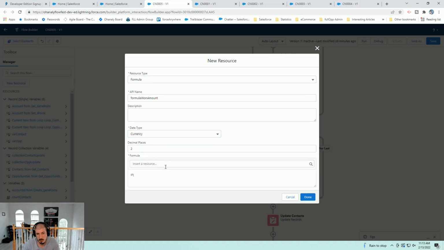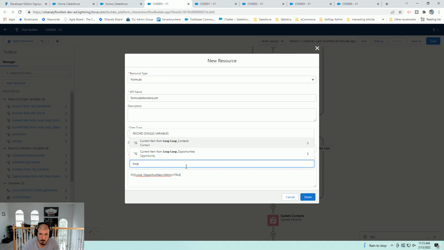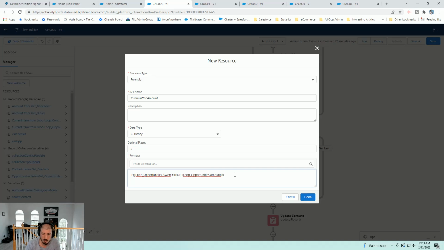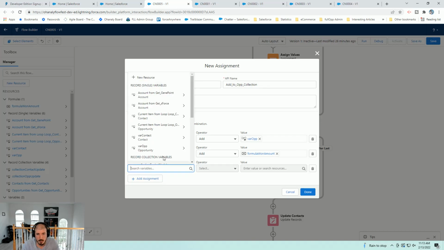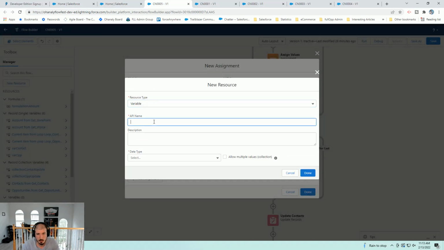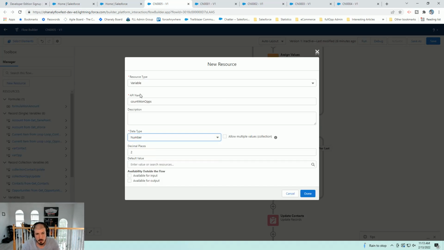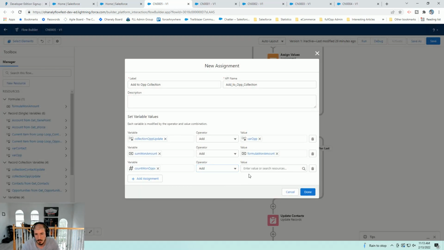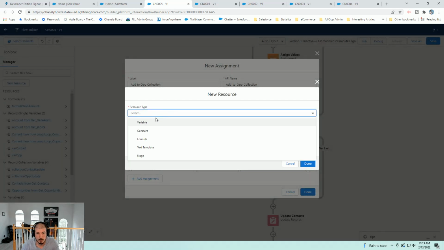So we say if the item that we're looping, the opportunity that we're looping is 1, equals true, then we get the loop amount, and otherwise we put 0. So I'm going to go ahead and click done, and then here equally I'm going to do another variable which would be count1ops, and then this will be a number, and this time it's 0 and 0, and then we're going to add. And then there's going to be another formula,